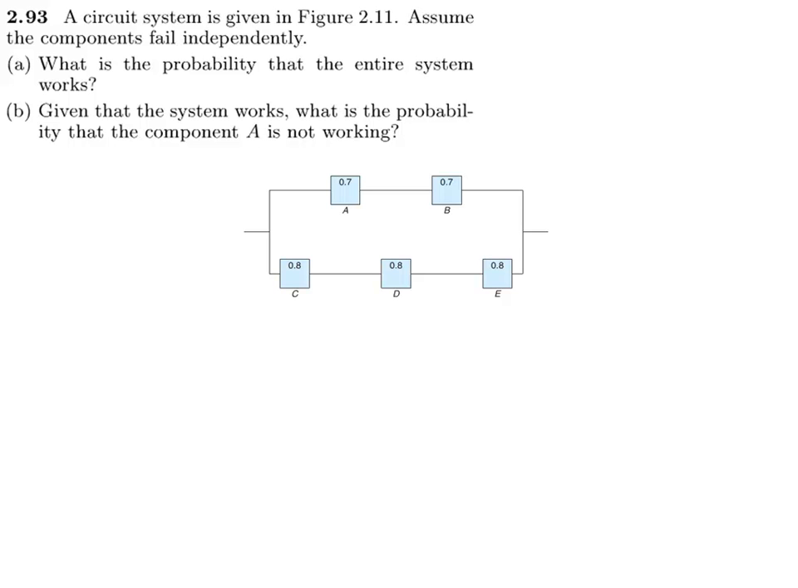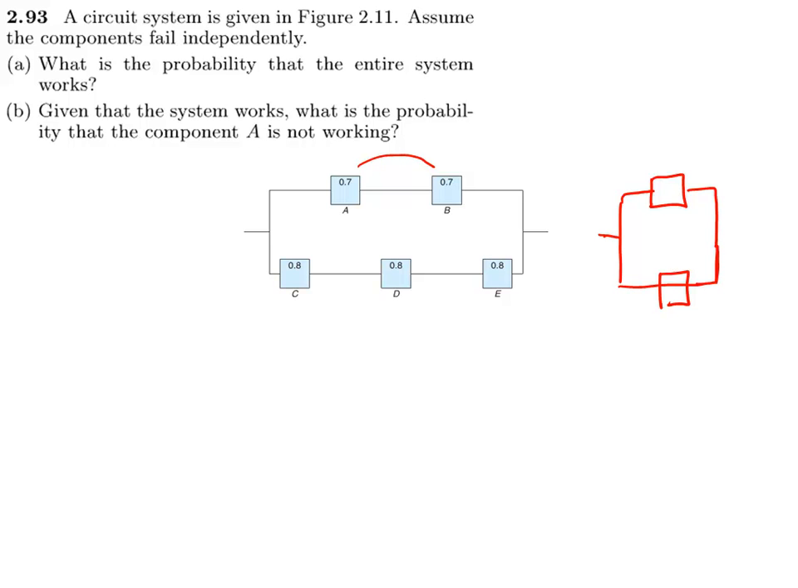So the entire system works means that all the components are working. Okay? Is that clear? So all the components are working. So we can simplify this circuit, so the probability of both of these two components working is